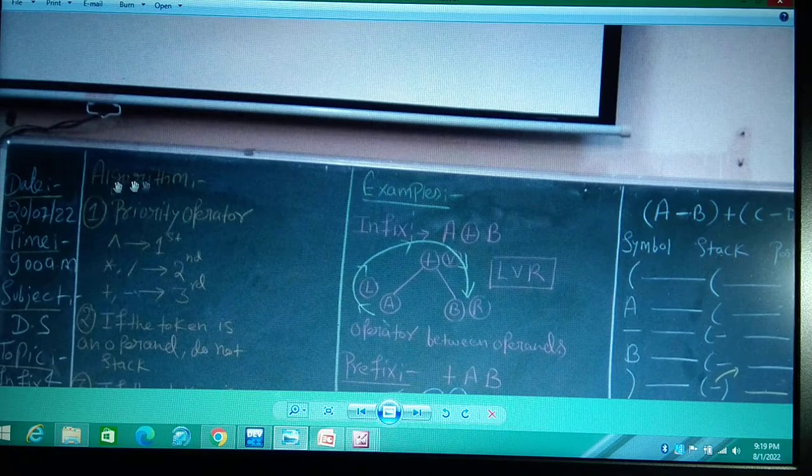How? So this algorithm you have to write in your copy. My request to everyone is that please open the copy and write it. The first one is operator priority. The symbol of power is the first one. Then star and divide are the second priority, and plus and minus are the third priority. Means whenever you have many operators, which one will you take at first? The first one is power, second is star and divide, and third is plus and minus.